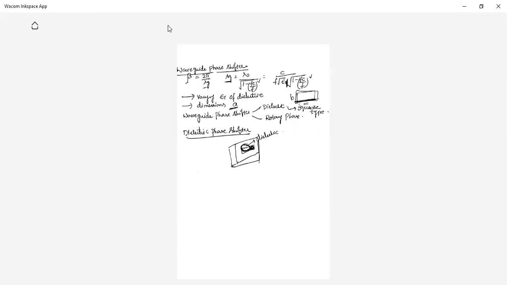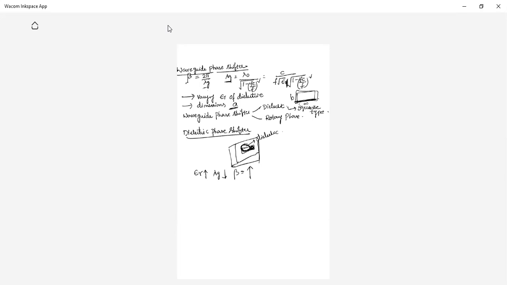Whenever the effective dielectric constant increases, so if epsilon r is increasing, what happens to lambda g? It will reduce. When lambda g is reducing, what about beta? The phase shift increases. This is one method, the dielectric phase shift method. We have to keep a lossless dielectric material. So the insertion of the lossless dielectric material in the air-filled waveguide, generally at what position do we need to insert this